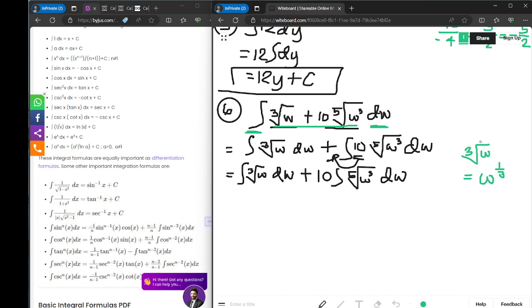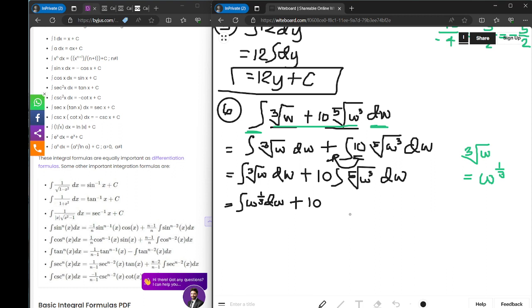That means if there are radical signs, the exponent of our variable is in fraction form. So we can rewrite this as the integral of w raised to power of 1 over 3 dw, plus,